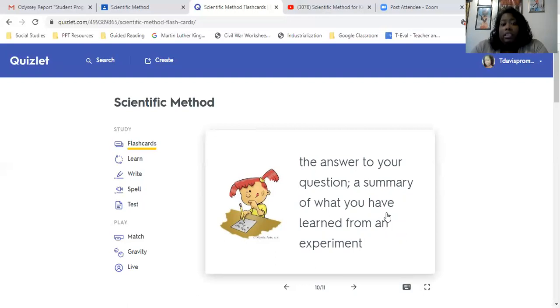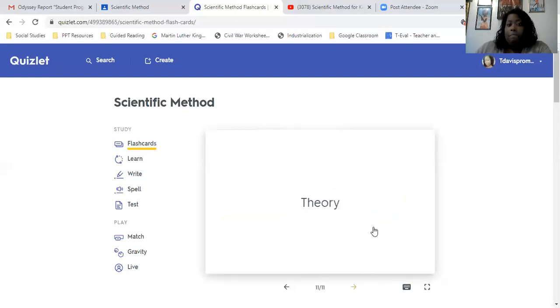Now, conclusion is the answer to my question. It's also a summary of what I've learned from my experiment. Okay. And then based off of what I've learned from my experiment, I will develop a theory. Now, the thing with conducting investigations or scientific processes or experiments,